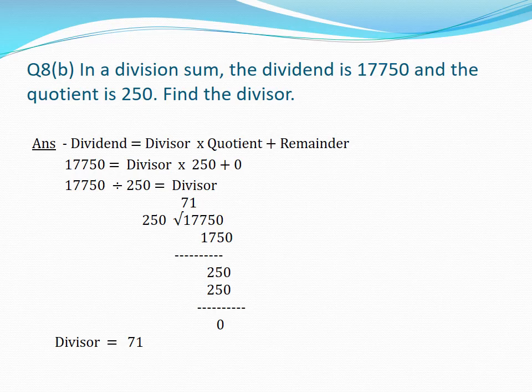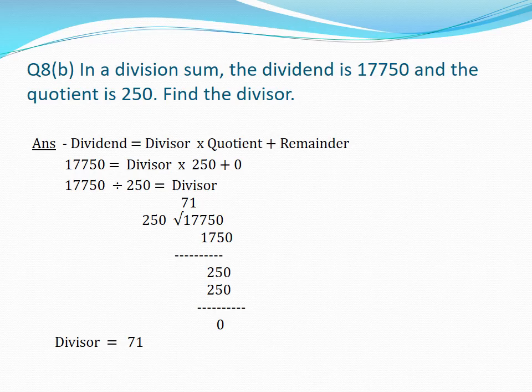First of all, you have to write down the formula. Dividend is equal to divisor multiplied by quotient plus remainder. Remainder is 0 in this because remainder is not given. Write down the values. 17750 is equal to divisor multiplied by quotient, right? And the quotient is 250. Again, division is the reciprocal of multiplication. That's why